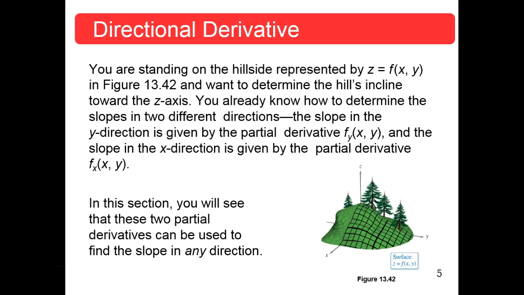All right, first, directional derivative. What in the world is this? The figure that's in your book is here, figure 13.42. You're standing on a hillside represented by z is equal to f of x, y, where x and y are, think of them as flat, planar ground that's underneath the hill, somewhere way under there. X is in one direction, y is in the other. Say x in the east, y is in the north. Just follow the right-hand rule. Okay? X, y, and then z would be up. You're standing on that hillside represented by z is equal to f of x, y